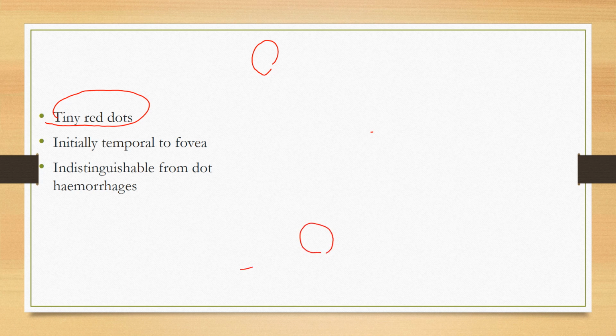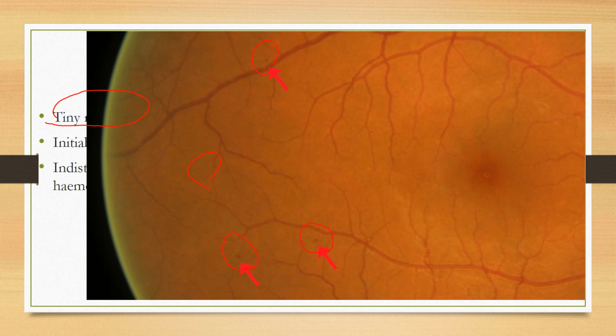These are not bleeding, it is a bulging up of blood vessels, which is shown as if it were bleeding. So sometimes it will mimic as if there is a leakage. It is like what we call a dot hemorrhage. So sometimes it actually looks like a dot hemorrhage, but it is not a dot hemorrhage. It is again a microaneurysm. At the initial stage, a microaneurysm and a dot hemorrhage will look similar.